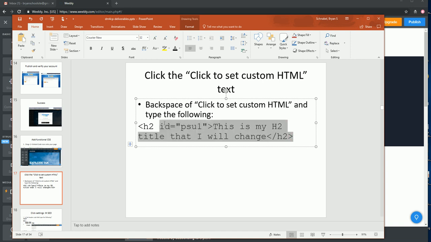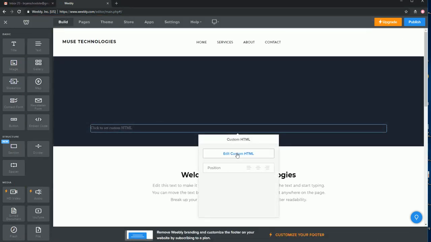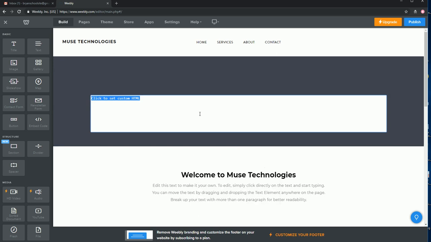This is going to be my H2, and its ID is going to be PSU1. I'm going to copy this. It's very important that you make sure that your quotes are actual quotes and not the PowerPoint kind of quotes, like these quotes up here. In this case, we're okay. So I'm going to go here, click my HTML, edit custom code, backspace over that, and paste my